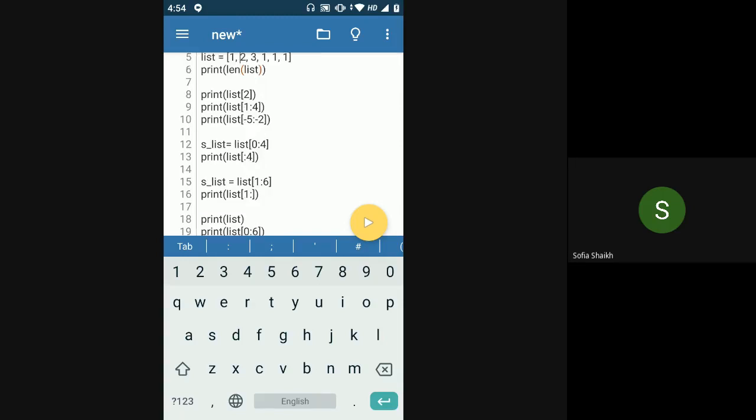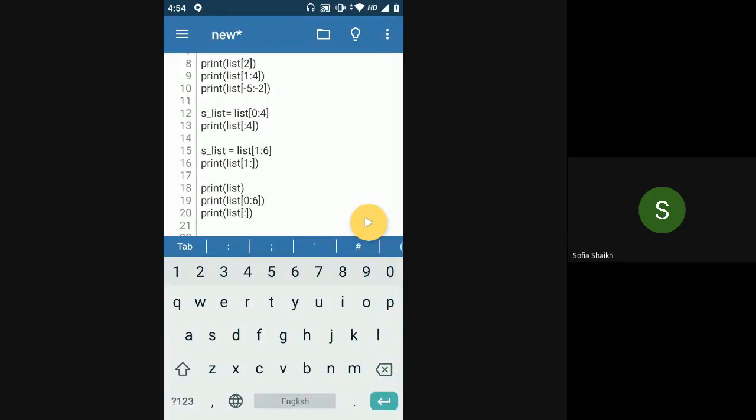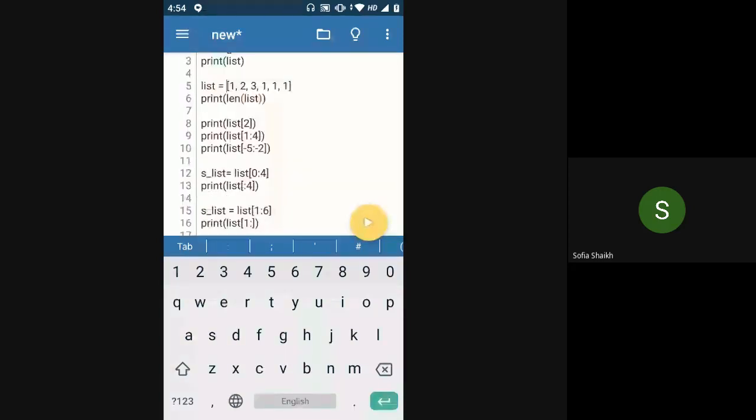Between the two numbers. No, I mean, 2 or more. While printing, see, this list has 6 values, but when I want to slice the list, or create a separate list, I want only the first, third, and fifth value of it. I just want the alternate values of it.